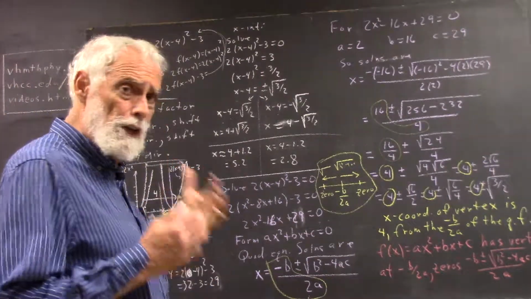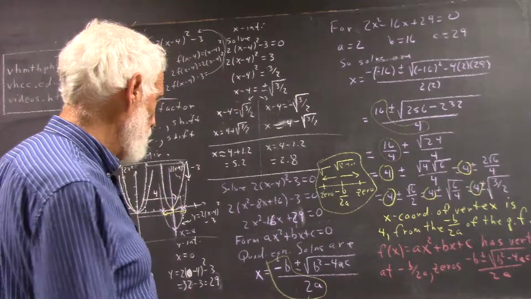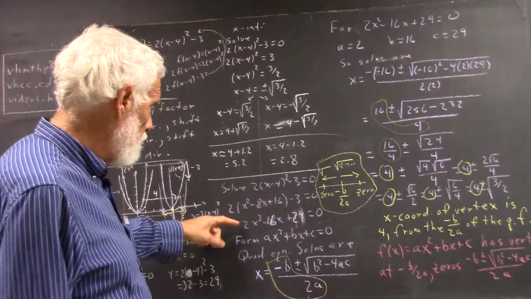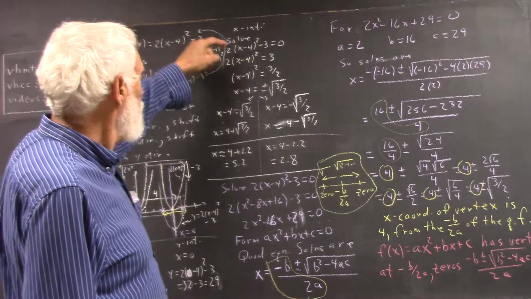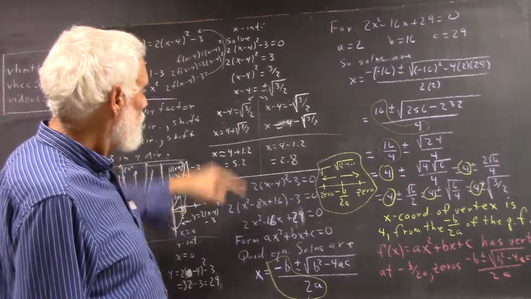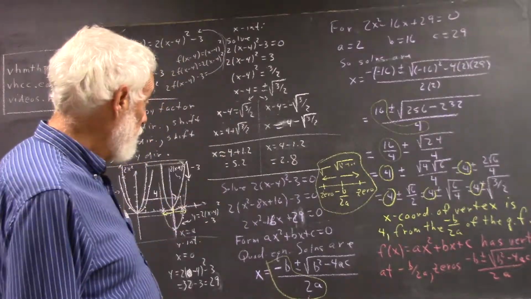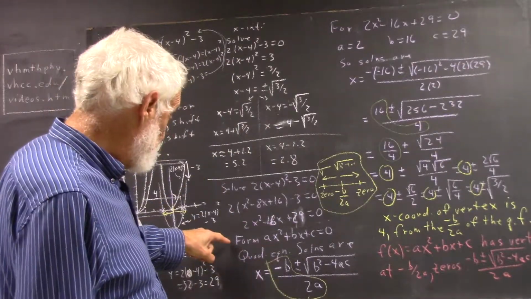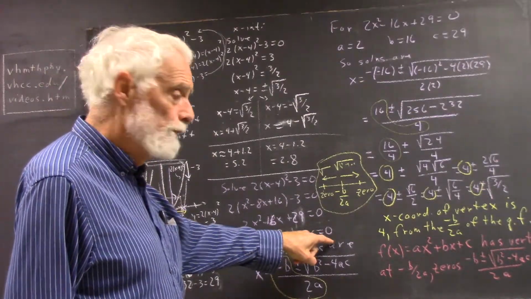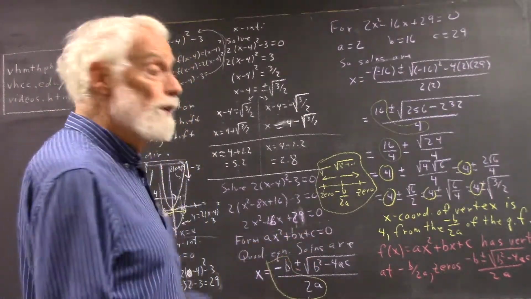Actually, it's never really that hard, but it's a little more mathematically intense. So we don't want to talk about that just yet. We will. We just don't want to talk about it right now. Okay, so we understand that by expanding the x minus 4 squared, we get this. You can fill in the details. And that is of the form ax squared plus bx plus c equals 0, which is the general form of